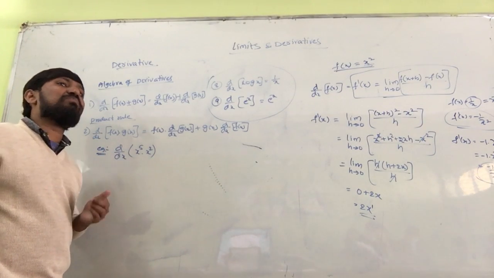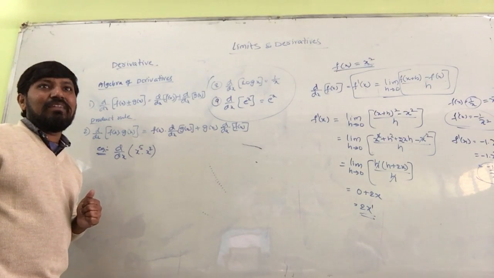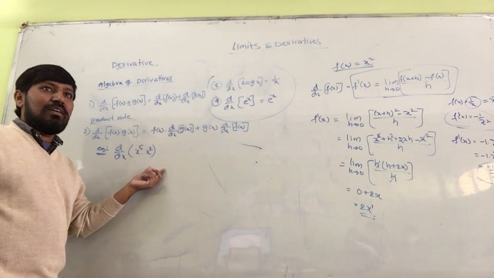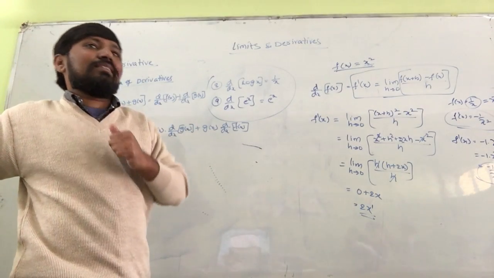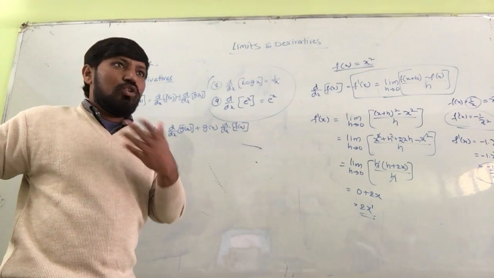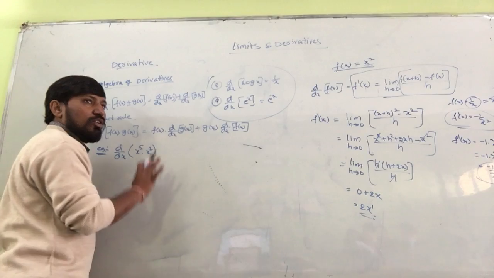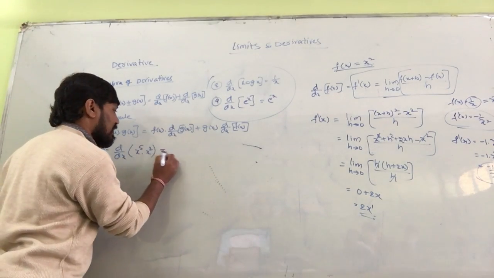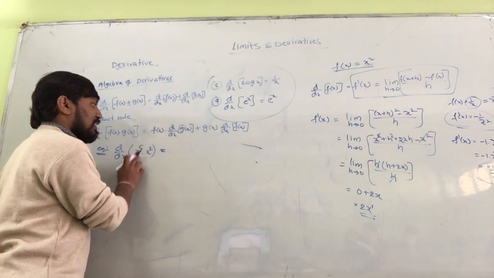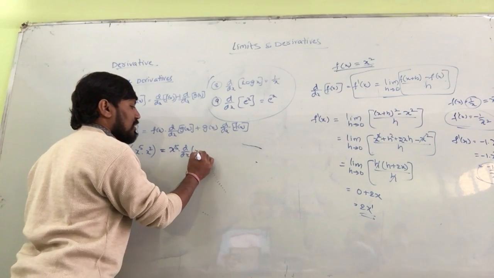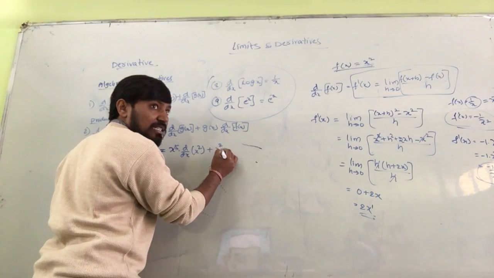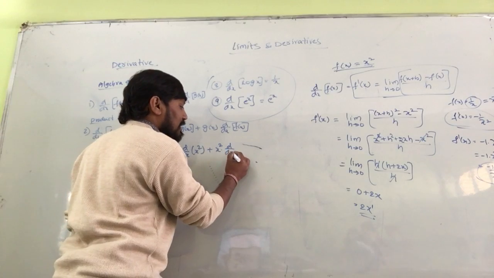You have to do experiments like this in mathematics, wherever it is given. This is well known: x to the power of 7 can be written as 7x to the power of 6, the derivative. If you use the product rule also, you need to get the same. Let us see whether you will get it or not. First function as it is you have to write, d by dx of the second function, plus second function as it is you need to write, d by dx of the first function.